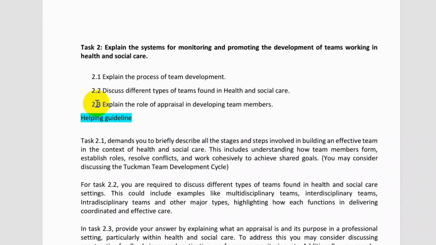And then you need to explain what important role they play in developing the team members, like how they contribute to the individual's growth, how they play their role in improving performance, and in evaluating performances. So make sure that you provide very concise and effective answers in terms of explaining the role of appraisal in developing team members.